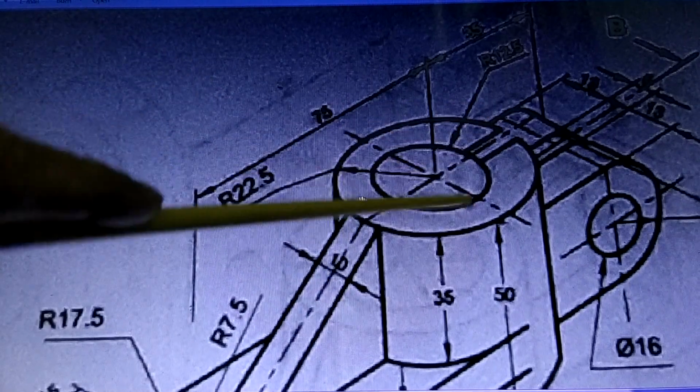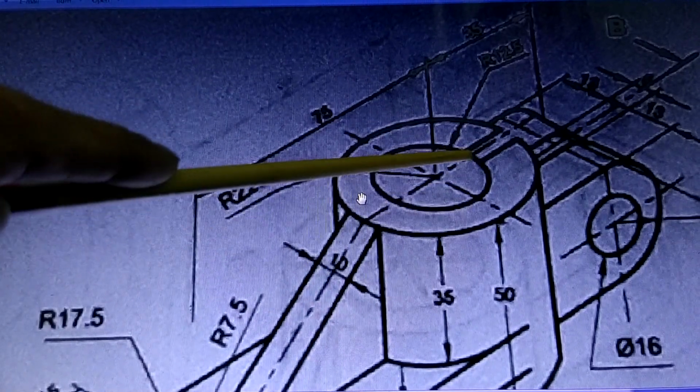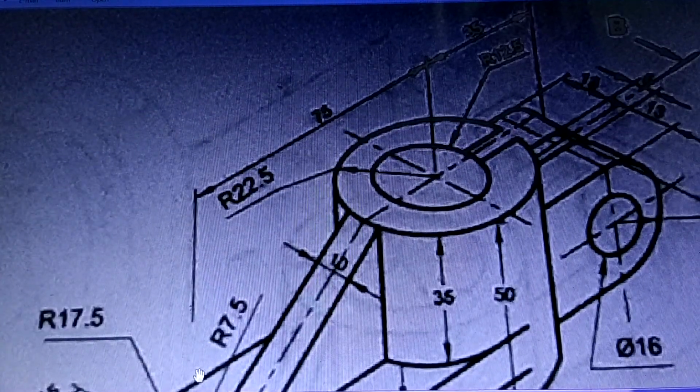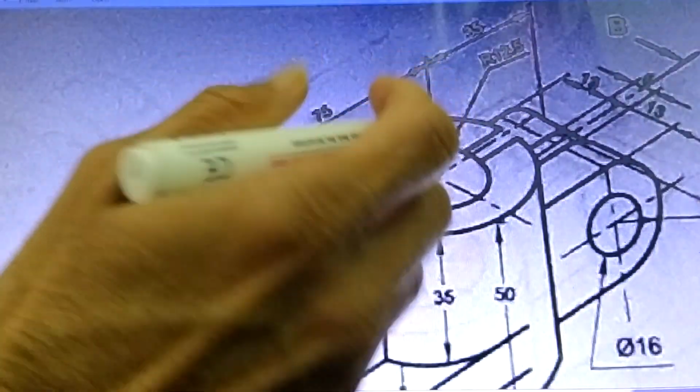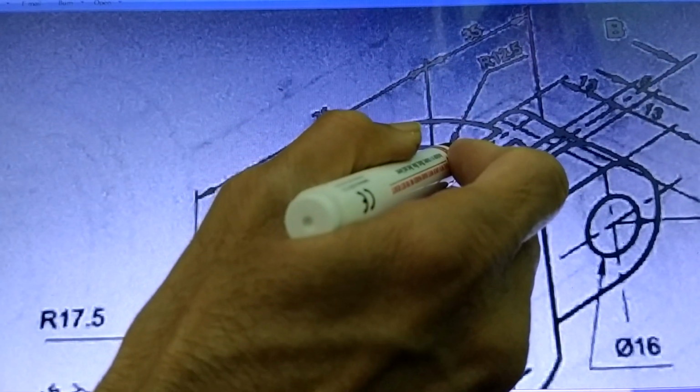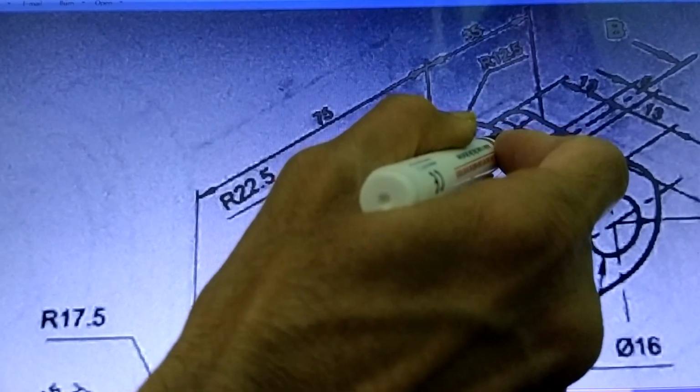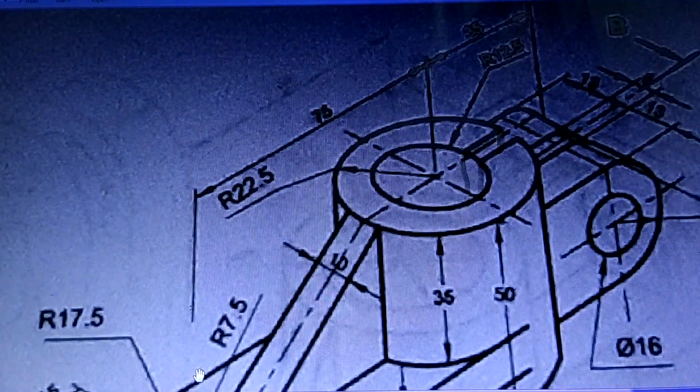But these vertical lines are not drawn by mistake. Just make a correction in your mind that there are some such vertical lines. I just try to show them here like this in the figure. Like this.